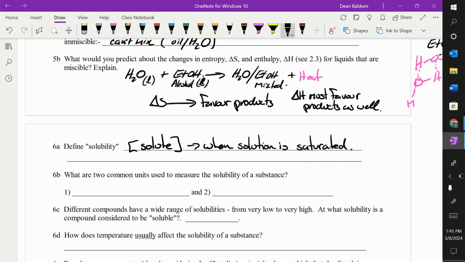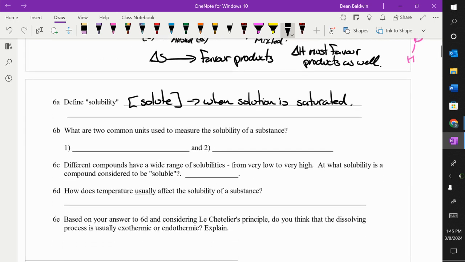So there are 2 common units that we use for solubility. One of them, Jordan likes to draw as a large lowercase m, also known as molarity. So moles per liter. That's a unit of solubility because it's telling you how many moles of something are dissolved in the volume. The other one that you will see is grams per 100 mL. Those are common ones. Obviously, grams per 100 mL is nice because if you have to weigh something out, you weigh in grams. You don't weigh in moles.